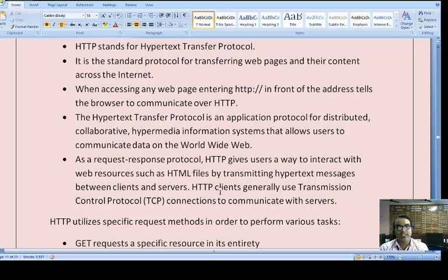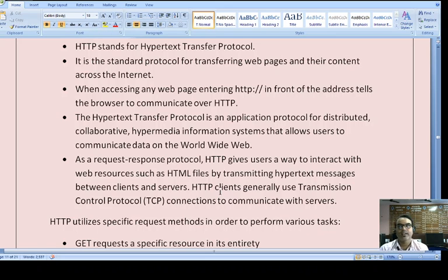So the Hypertext Transfer Protocol is an application protocol for distributed, collaborative hypermedia information systems that allows users to communicate data over the World Wide Web. The main sense of the word distributed is that HTTP helps us collect web pages from different servers.